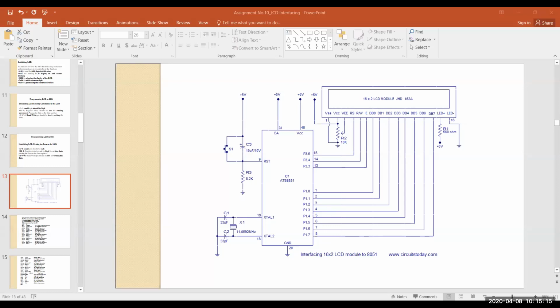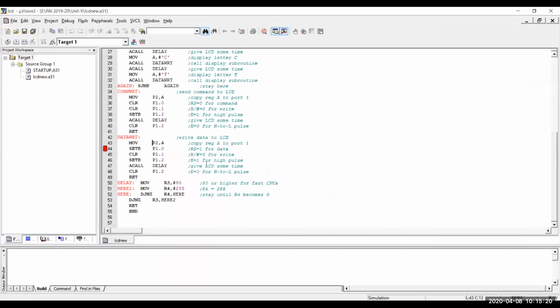But in the program I'm showing you, port 2 is connected with DB0 to DB7 and port 1 is connected with RS, RW and E. That's why in the final practical exam, if you get the statement LCD interfacing, you first check whether the LCD is connected with port 2, port 3 or port 0. That means check which pins are connected to which port, and then start to write the program. That is the modification in the program.